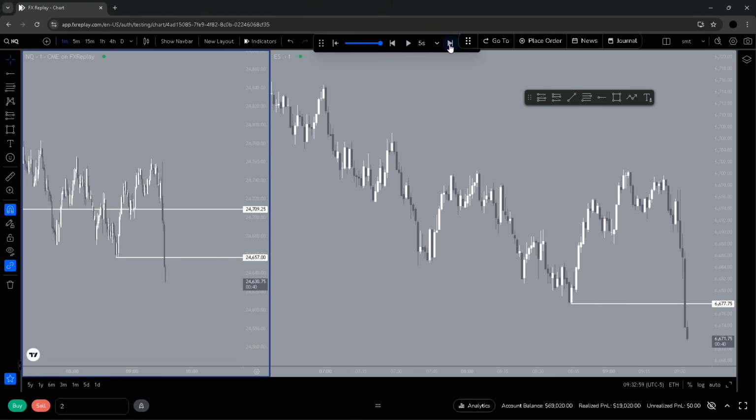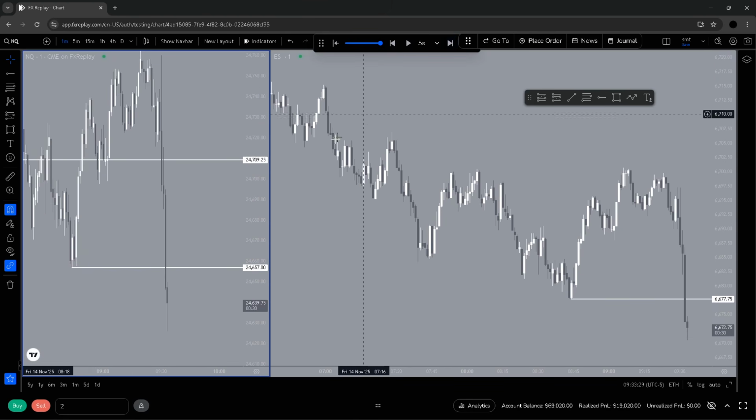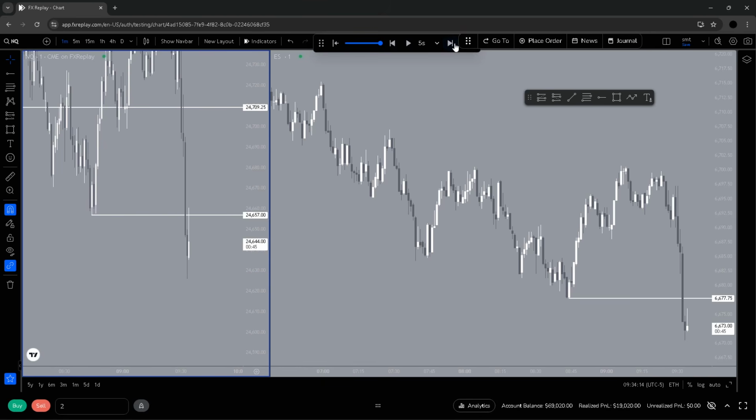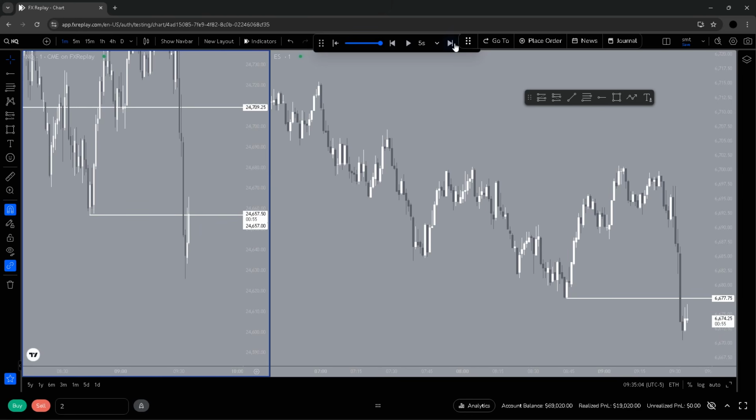Right, what happens here, boys? This is the most important part. What happens at DOLs? So let's have a look. Currently, we're displacing through, but ES has just taken that draw. So now let's see if we get the order block. That order block's pretty weak in my opinion. It should have been created on the previous candle here. It's pretty weak, but what are you thinking? Play it out or what?